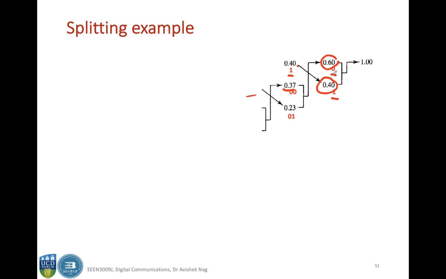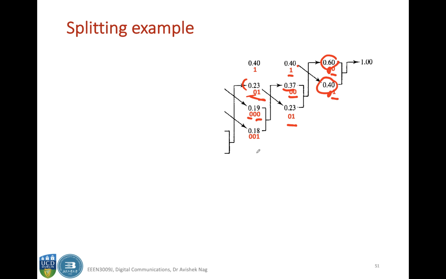So you put another 0 to the left here, and then you get 0, 0 and 0, 1. Now you propagate like this. This 0.23 comes from this 0.23, so this 0, 1 is here now. And this 0, 0, which corresponds to this 0.37, is propagated this way with another 0 here,